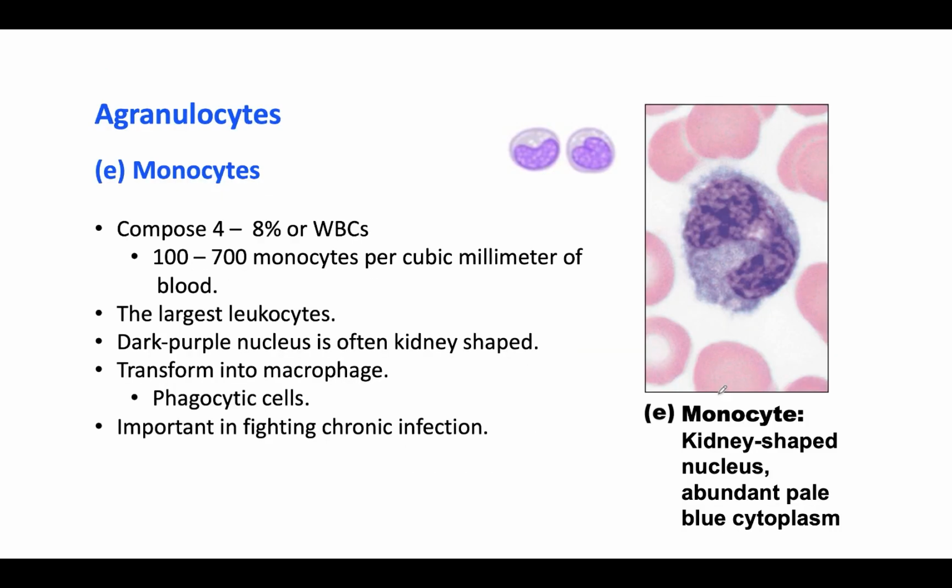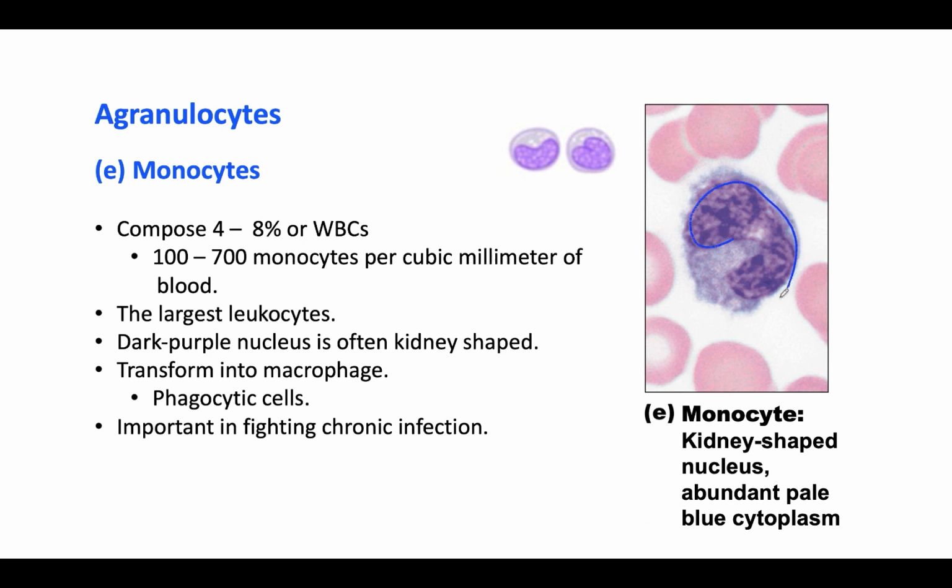Another type of agranulocyte is monocyte. Monocytes compose 4 to 8% of white blood cells. So there are 100 to 700 monocytes per cubic millimeter of blood. Monocyte is the largest of the white blood cells. When you consider the size of white blood cells, monocyte is the largest white blood cell. When you look at this figure, you see a dark purple